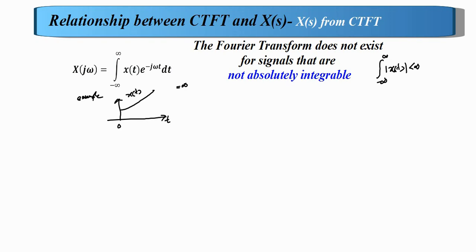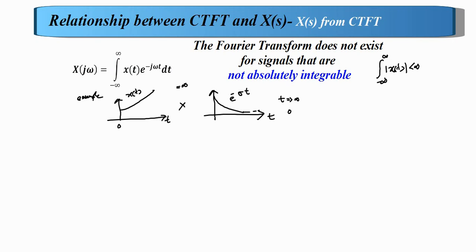Now I will do one thing. I will multiply the signal by another waveform, which is a converging signal like this. For example, it is e raised to minus sigma t. I will write the general form. Now I will introduce another signal, and when t is tending to infinity, the function value becomes 0, but in this case the signal is going to infinity. It's a growing signal. Now I am going to multiply these two signals.